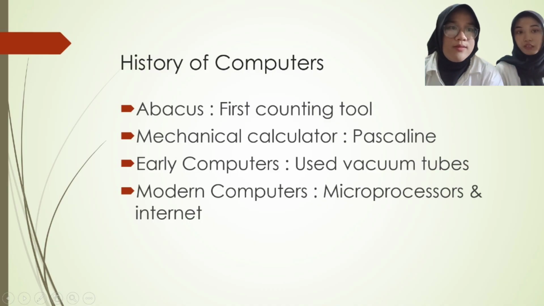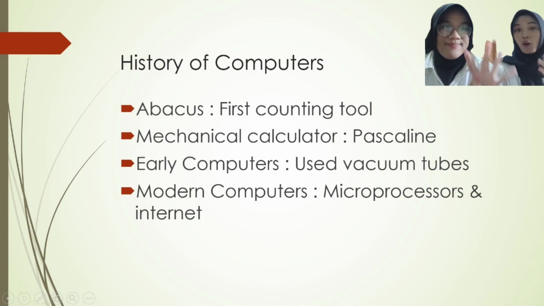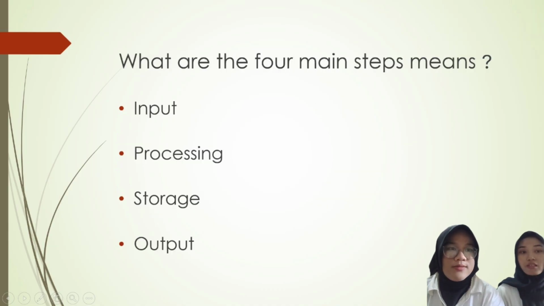Basically, a computer works in 4 steps: input, process, store, and output. What do the 4 main steps mean? First, input means giving information to the computer, like typing on a keyboard or clicking a mouse. Second, processing is when the computer works on that data, in its brain, called the processor. Third, storage means saving data, like saving your homework in a folder. And fourth, output is when the computer gives us the result, like showing the answer on the screen or printing